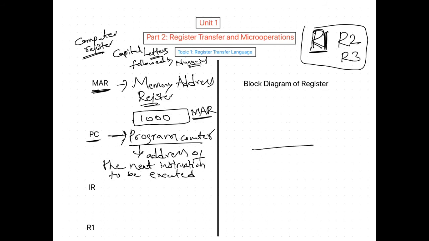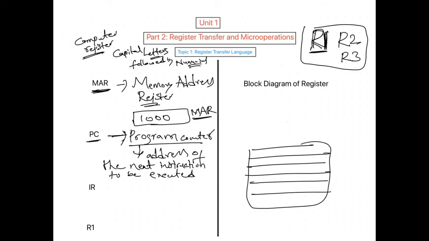See here, suppose in the memory, here I1 is there, here I2, I3. Now I1 address is 1000, right? Suppose currently the processor is executing I1. Now the next instruction to be executed is I2.